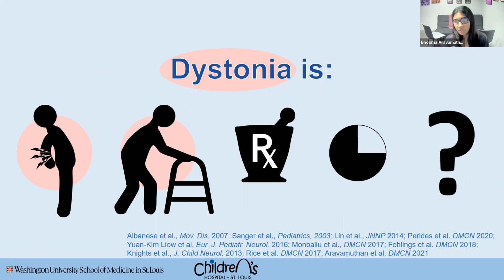And vice versa, if you have dystonia, you tend to have greater gross motor functional impairment. Treatments for dystonia are limited, but what we do know about it is that when we institute treatments, they may work better if we institute them early. So identifying dystonia early is important. And it is common. In at least one study, dystonia was identified in somewhere between 75 to 80% of people with CP. To some degree, dystonia was identified